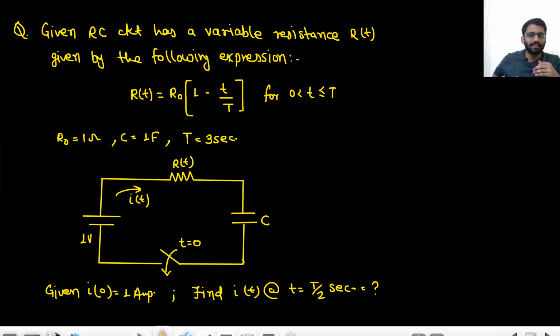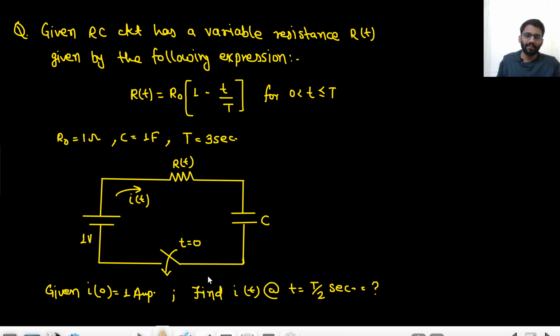So this is kind of a mathematical problem. Why did I put this question here? I just want to tell you that you can't use the equation VC infinity plus VC 0 minus VC infinity, e to the power minus t upon tau, everywhere. Why so? Because here the resistance is time dependent now. In all the questions we have taken the resistor to be constant, but they have designed the resistance such that it is time dependent. So now you have to solve it.